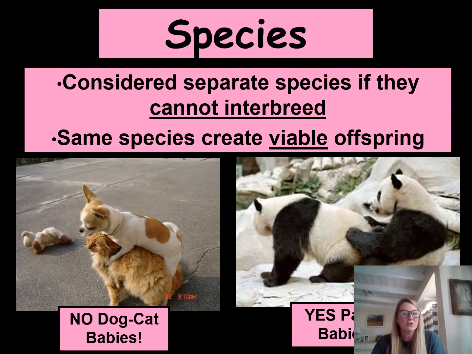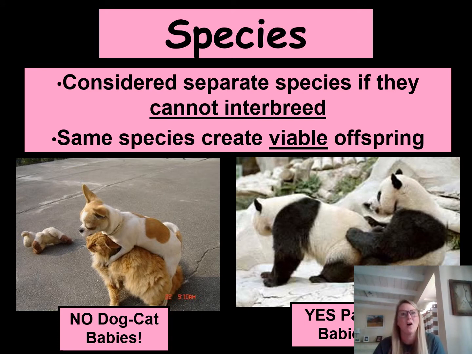It brings us to the question, what is a species? And so in order to be classified your own species, you need to be able to breed. So you got to mate with something like you, and then you have to create what are called viable offspring. So that means your